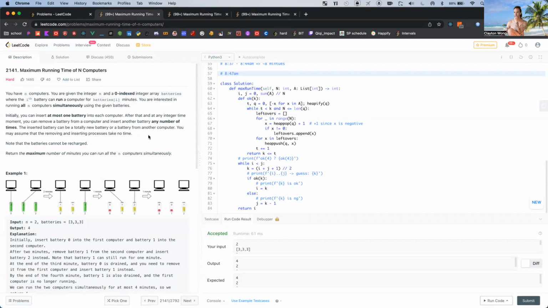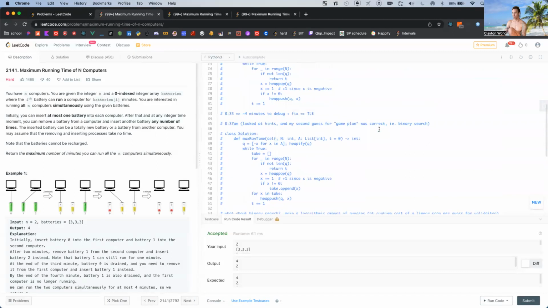I did binary search. The way that I'm checking if it's okay is a quadratic solution. I need to make okay linear. TLE again.